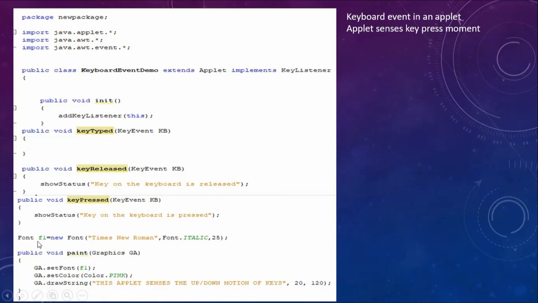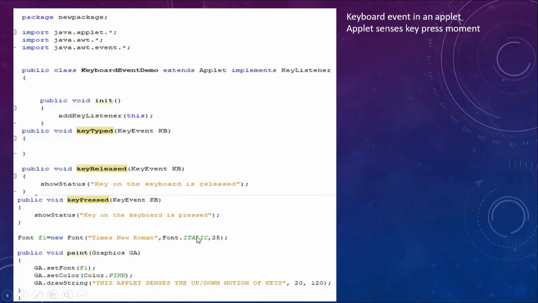Then, just for a change, I am using F1. Font is another class present in java.awt, and it contains various fonts. I am creating object F1 of type Font, where I specify Times New Roman as the font. The second parameter is whether it is bold, italic, and so on.